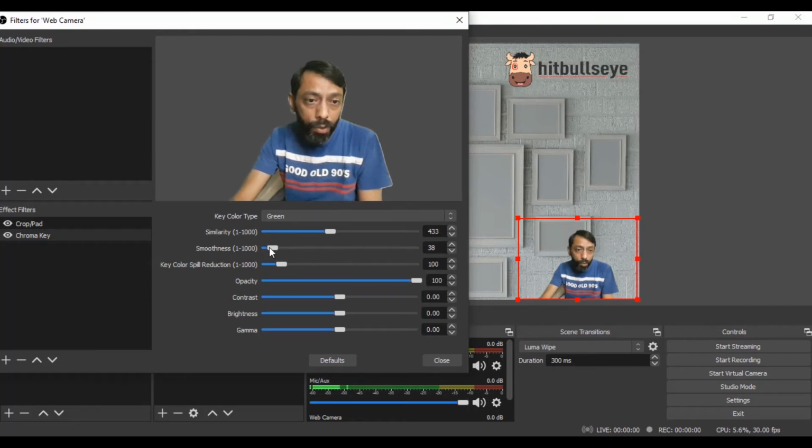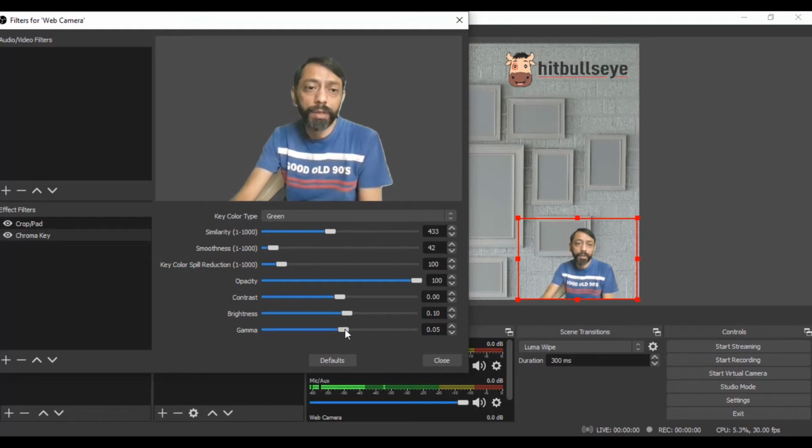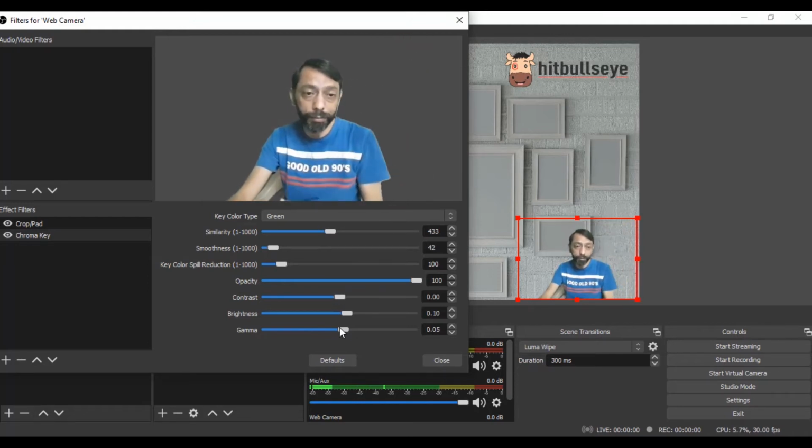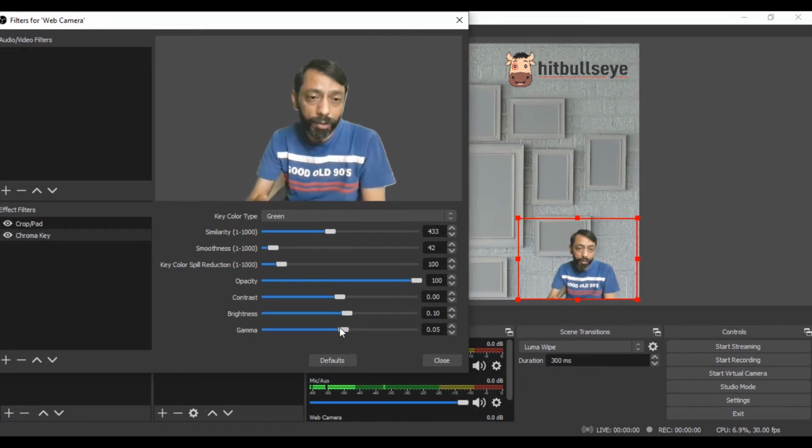So I don't want my video to be transparent. I can simply change these settings to some extent, not majorly. I can make changes, but this will improve if you have better light in front of you. So I only have this light in my room which is there. If you have more light available in the room, make it as lit as possible,